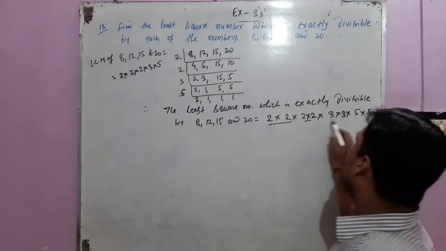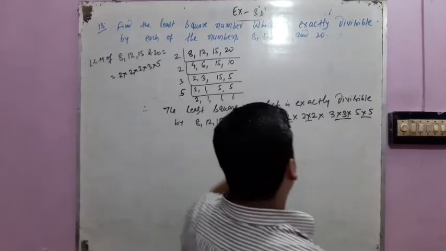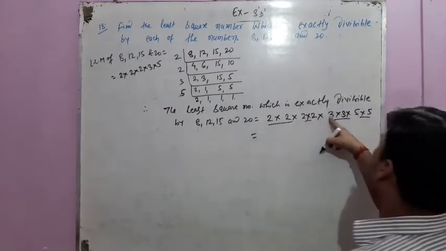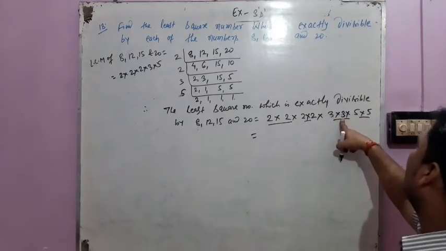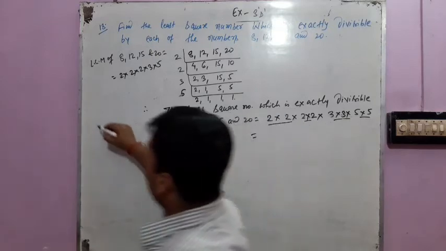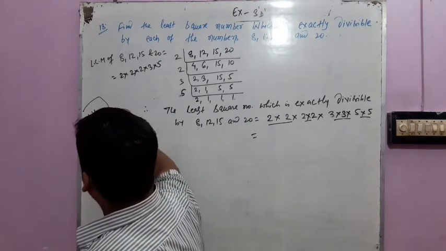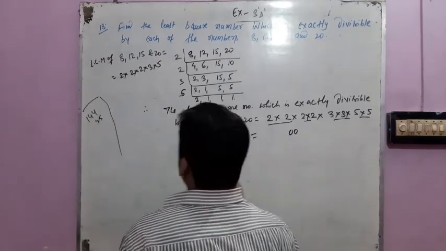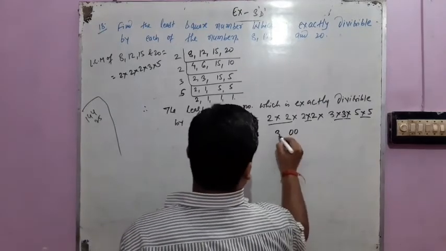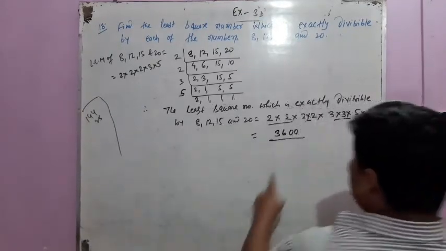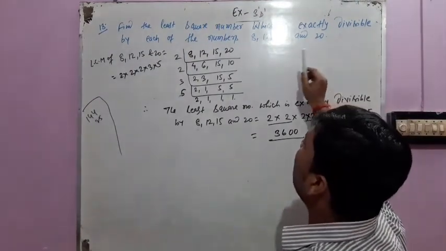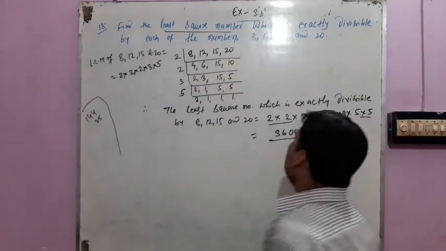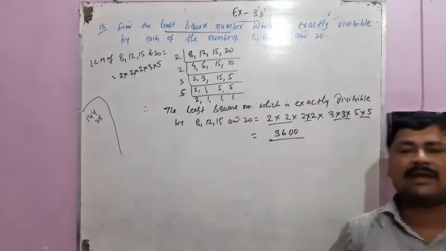Now we are looking, whatever numbers are coming here, the pairs of all numbers have been completed. Now we have to multiply the numbers. 2 2s are 4, 4 2s are 8, 8 2s are 16, 16 3s are 48, 48 3s are 144, and 144 into 25 we have to multiply in rough here. 25 4s are 100, 25 4s are 100, 110 in the hand 11, 25 1s are 25 and 11, 36. So 3600 is the perfect square number, or the least square number. 3600 is the least square number which is exactly divisible by 8, 12, 15 and 20.